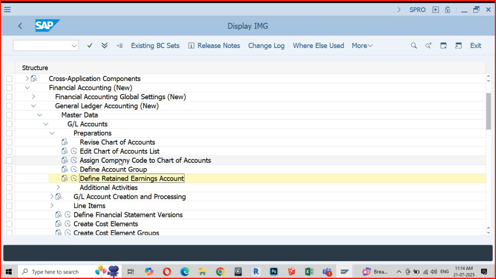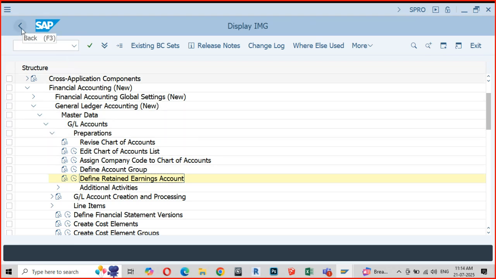Now, how does SAP know that it should carry forward the balances? What is the way that the consultant or the system should connect this particular retained earnings account to your operations or to your transactions? Very interesting.